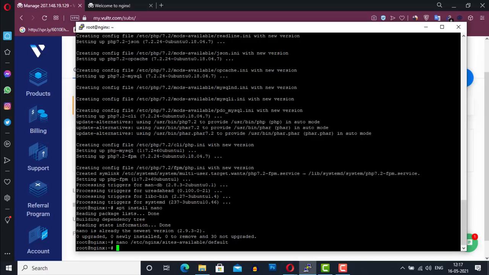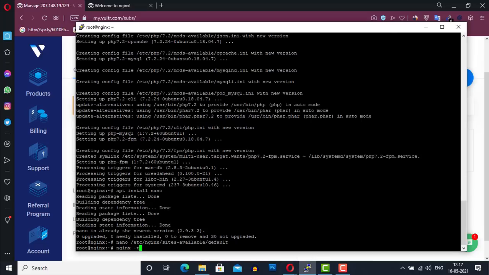Now enter the command nginx -t to test the block configuration file. So as you can see, it shows the syntax is okay and the test is successful. That means we have edited the configuration file correctly. But if you have encountered any error, then make sure there is no mistake in the block file. At this time we don't have any error, so now we have to reload nginx by simply typing this command.